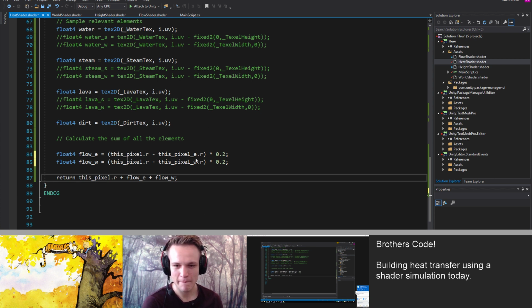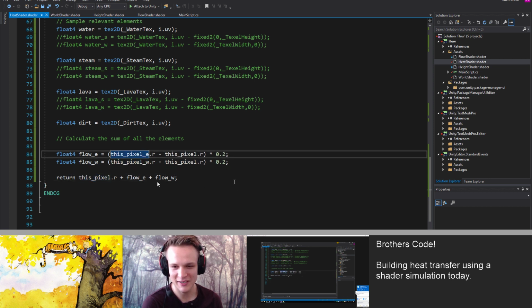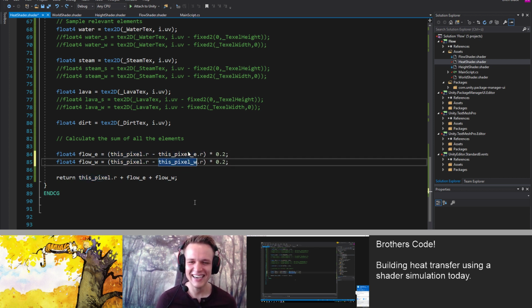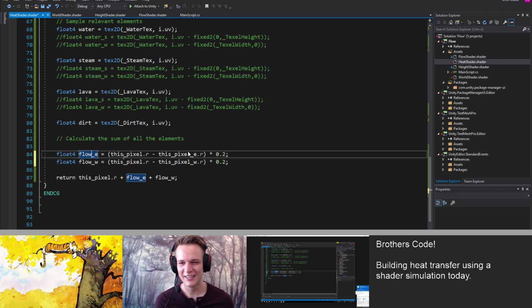But then how did? Okay. Maybe I think I was just confused. Well, let's put it back this way. Because the east pixel is higher than this pixel, then this is negative. How is it still subtract? Right, this works now. All right, we're gonna make it simpler. Yes, let's please make it simpler.